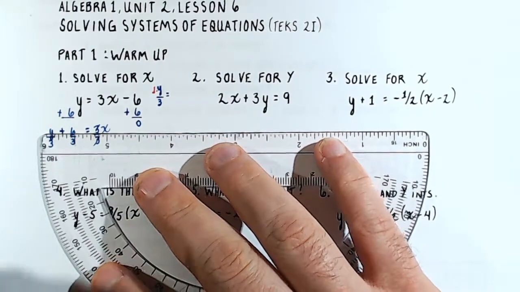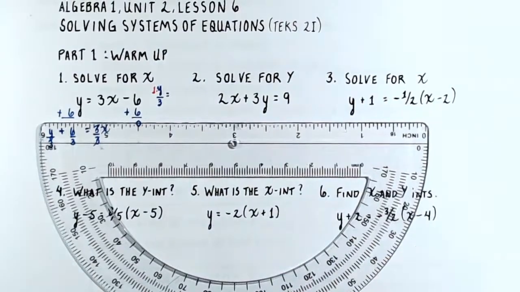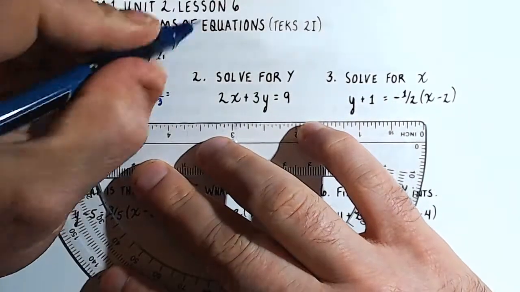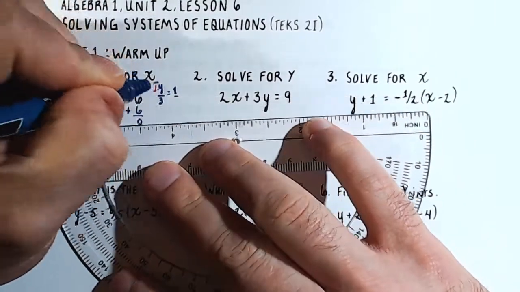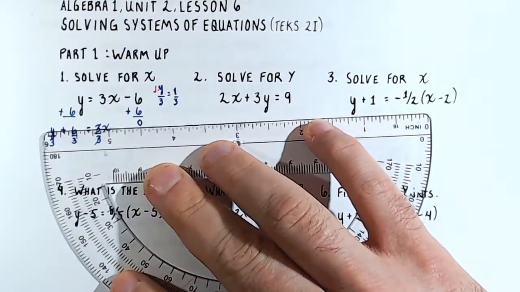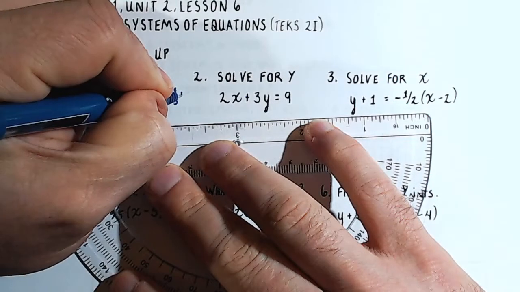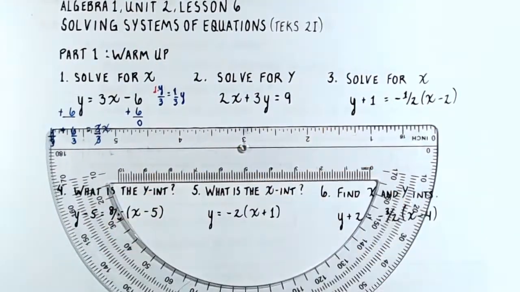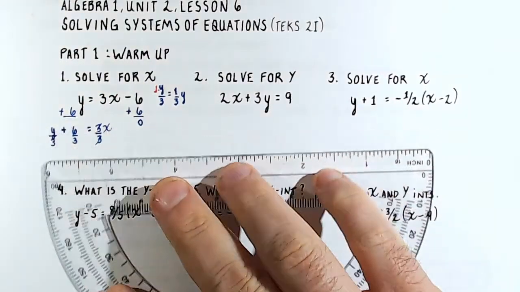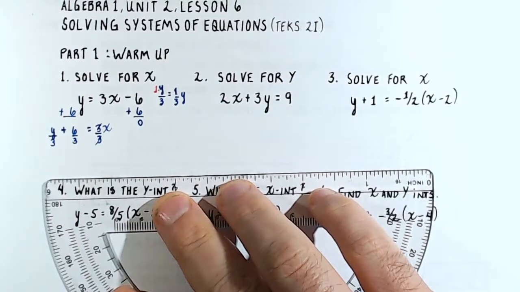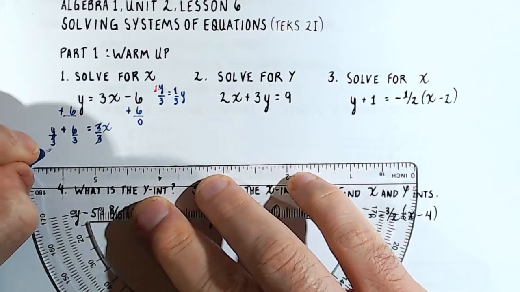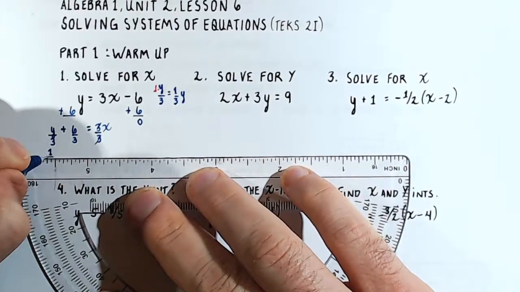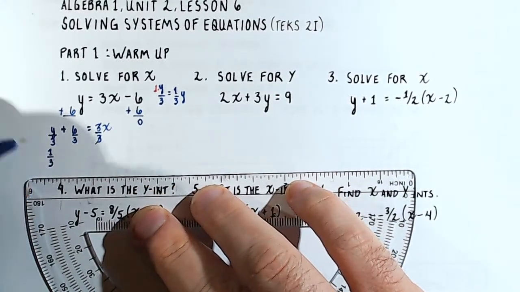What we're able to do is pull the 1/3 out. So I could say 1/3 times y. And I could always multiply that 1/3 back into the y and get y over 3. But it's not very useful to write y over 3. It's more useful to write 1/3 y. So we'll write 1/3 y